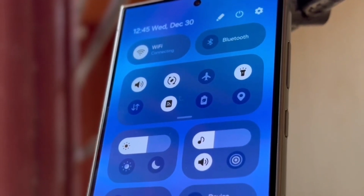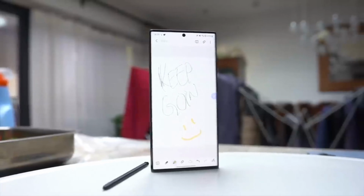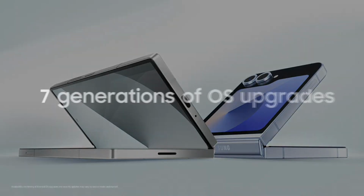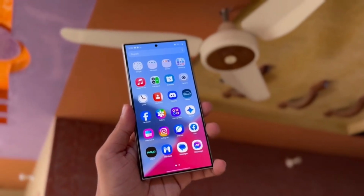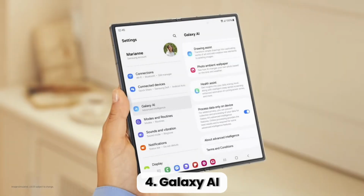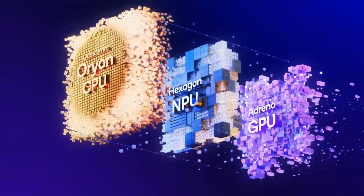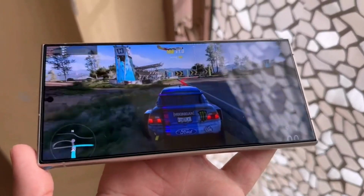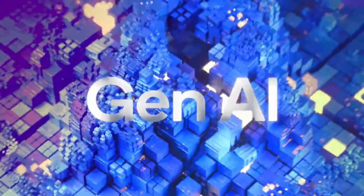This update will pack in a lot of new features, many of them exclusive to the S25 Ultra. The device could also get 7 major Android OS updates as well. Now, since we're on the topic of One UI, we've got to mention Galaxy AI. With the new chipset's 45% faster NPU, the Galaxy S25 series is going to be a powerhouse compared to previous